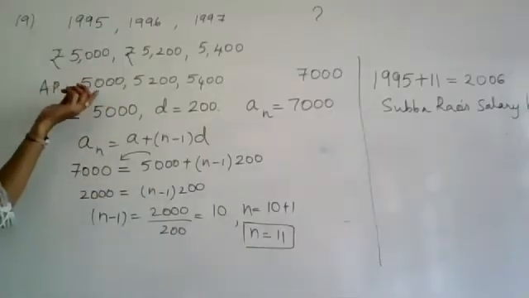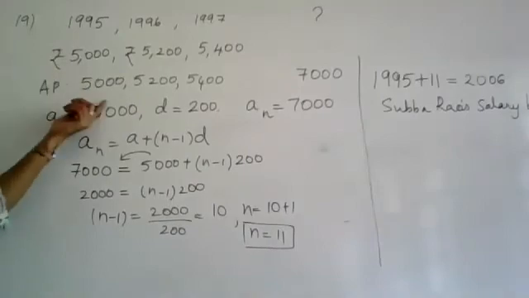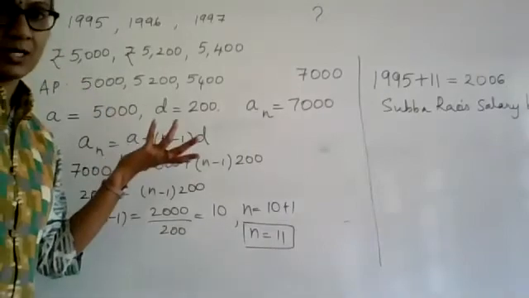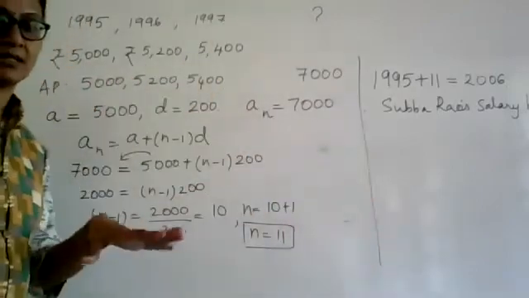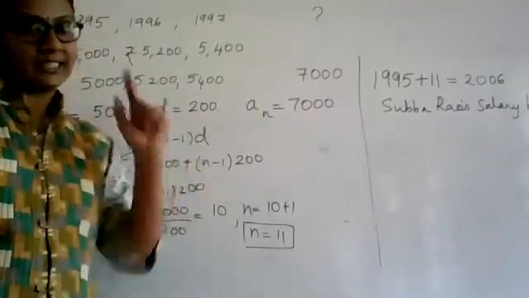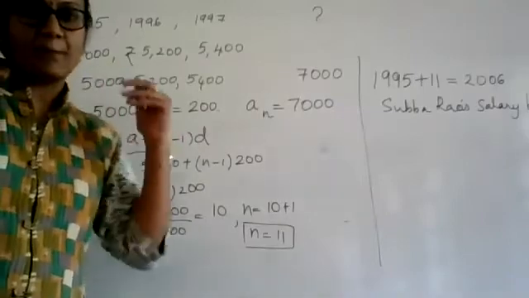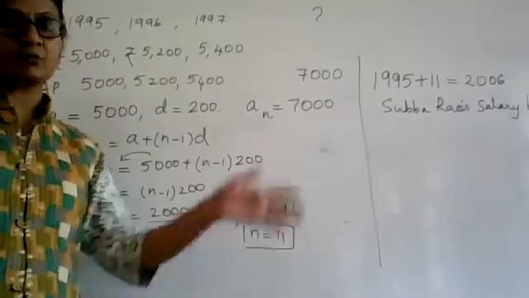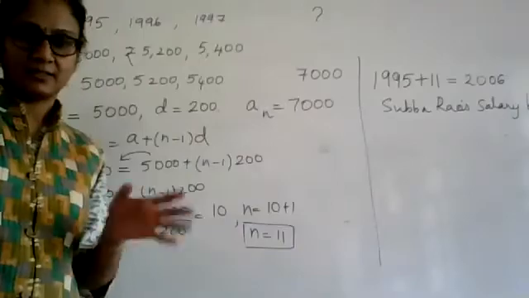Ma'am, but we should consider 1995 year also, no, Ma'am. Yeah, we are considering, that's why the first term is 5,000. His salary in 1995 has been fixed for 5,000. He may have joined in any month. So from that month again 12 months are to be calculated for him to get the increment. If he joined in June 1995, in June 96 only he will be fixed for the next hike in the salary. He has to complete that June 96. From July 96, he will become eligible for the increased salary.